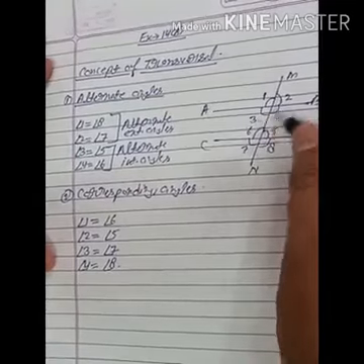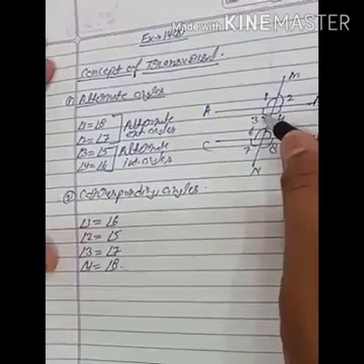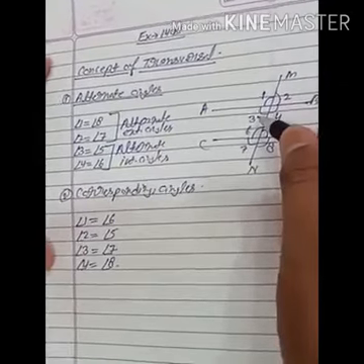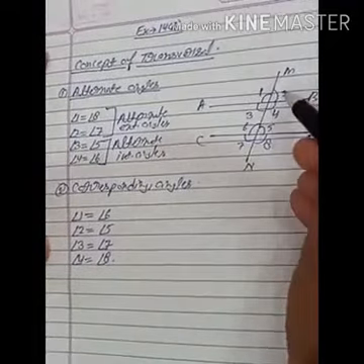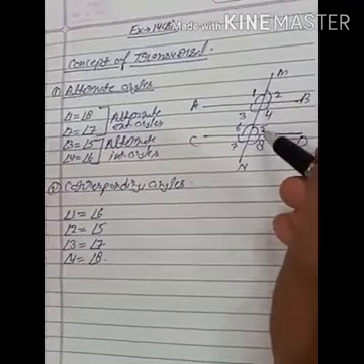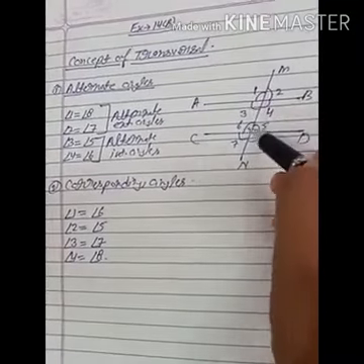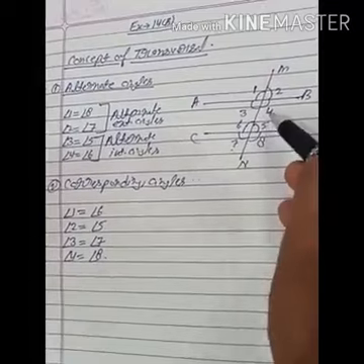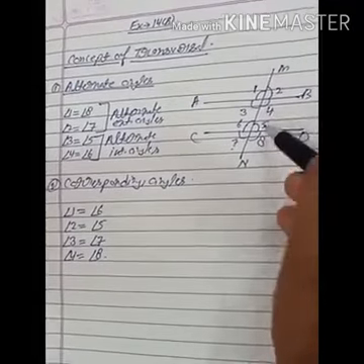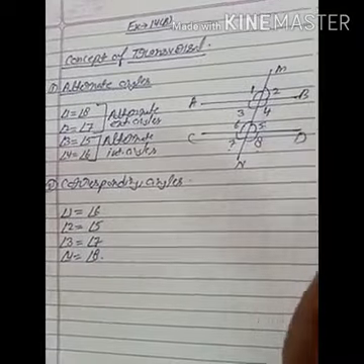See how? Angle 1 is equal to angle 6, meaning a gap of one angle. After angle 1, the third angle is coming, angle 3, but we will skip this angle, then angle 6. In the same way, angle 2, skip this angle, is equal to angle 5. In the same way, angle 3 skips angle 6 and is equal to angle 7. In the same way, angle 4 skips angle 5 and is equal to angle 8. So corresponding angles are equal.